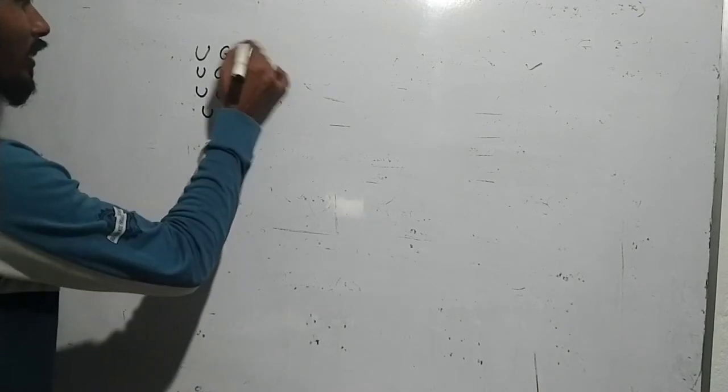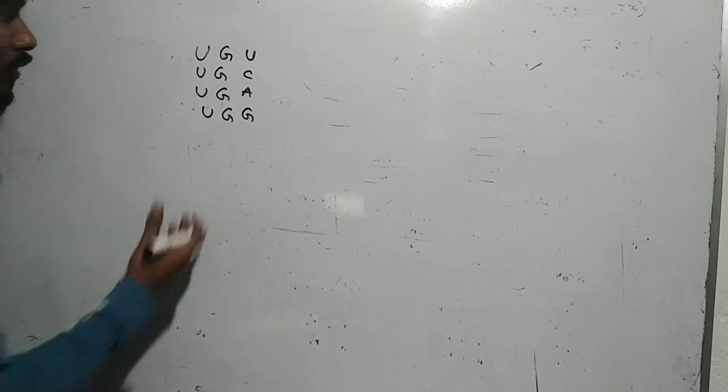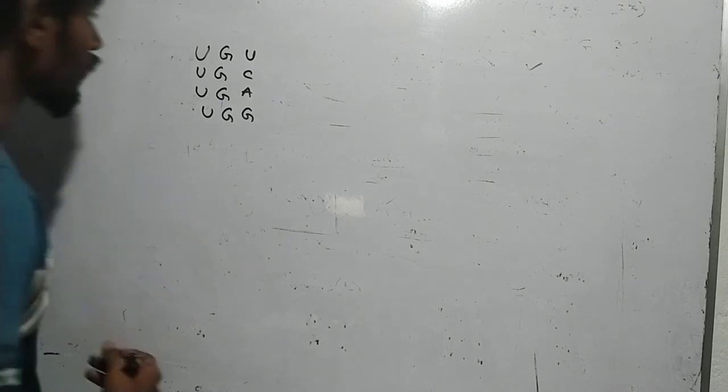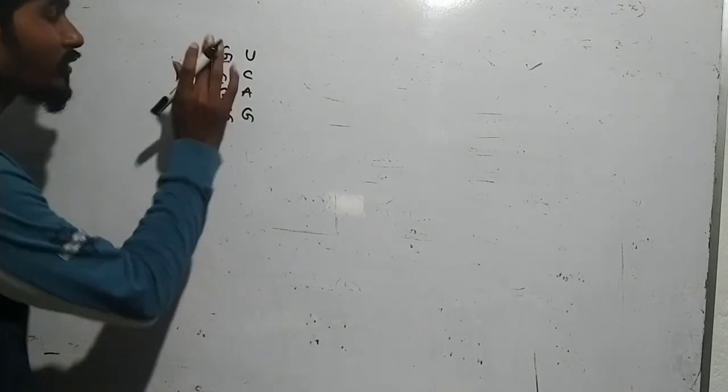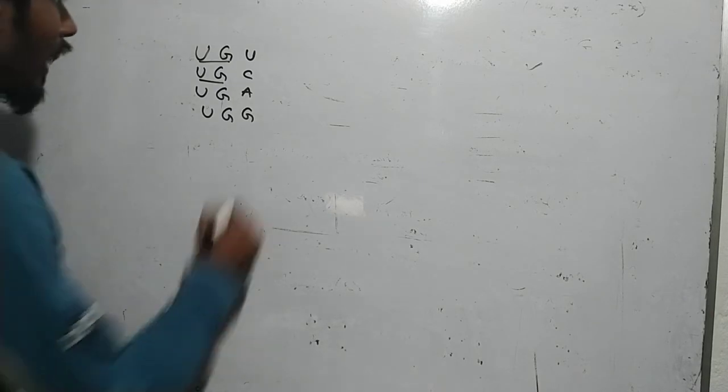Okay, so here you will see UCAG. Now how can you remember which codons are coding the associated amino acid? Okay, now UG are the first two letters of these codons, and